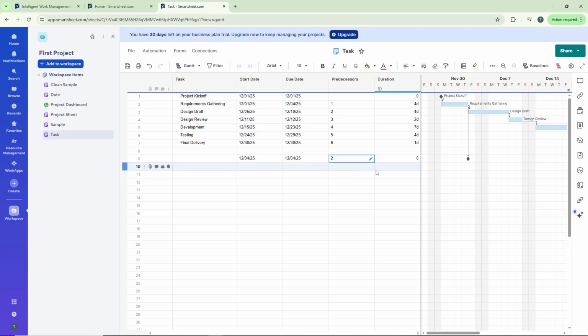By following these steps, you've now successfully added milestones to your Smartsheet project, giving you clear visual markers for important deadlines and